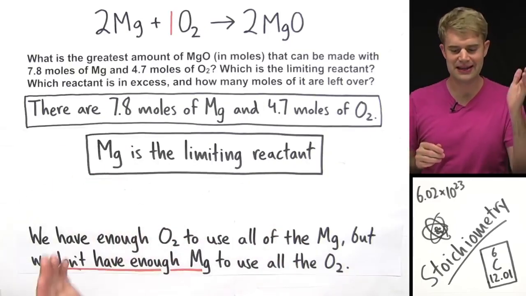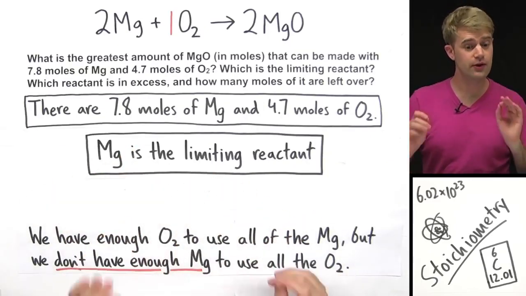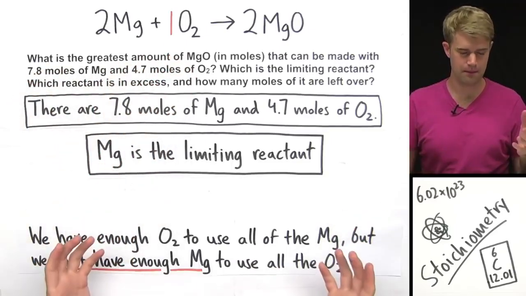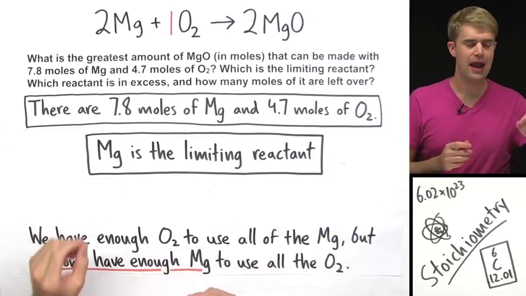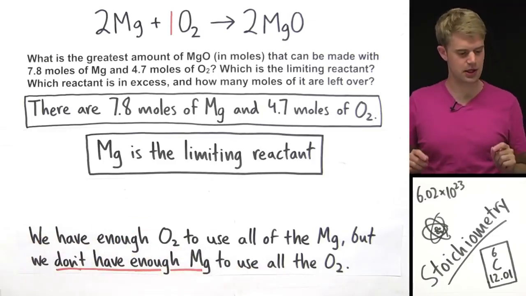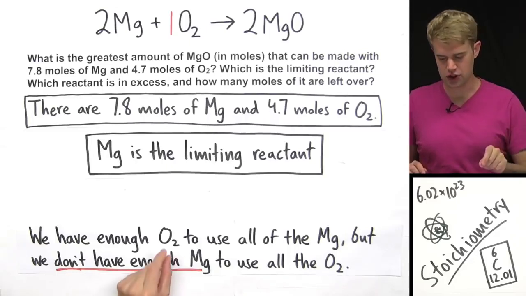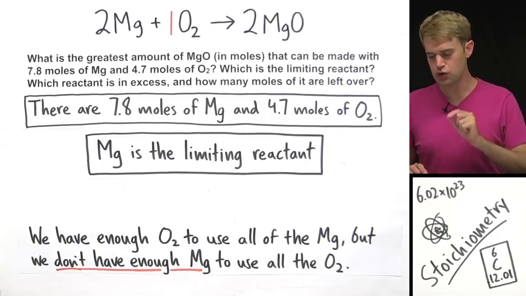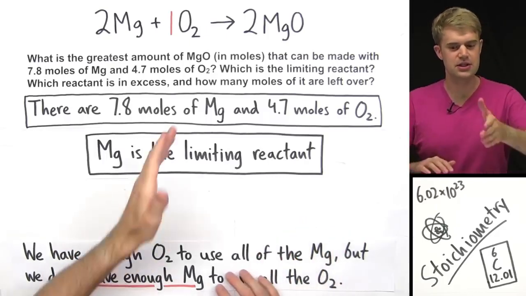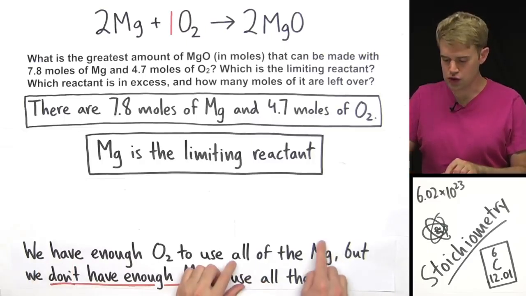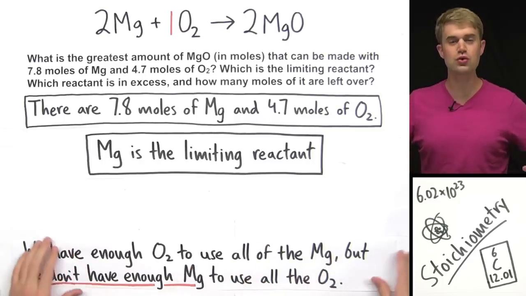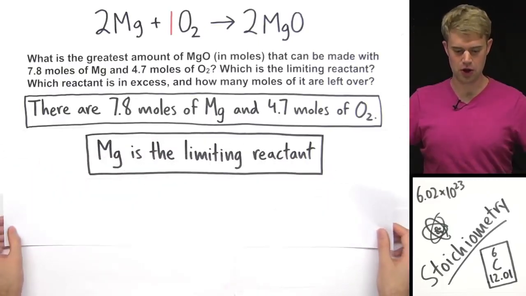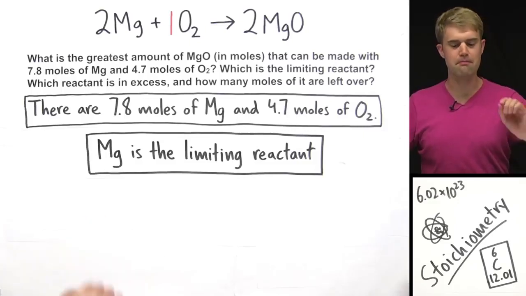So now that we know that magnesium is the limiting reactant, we can figure out the greatest amount of magnesium oxide that we can make. Okay? What are we going to start with and how much of it? Okay, let's go back to this statement. We have enough oxygen to use all the magnesium, but we don't have enough magnesium to use all the oxygen. So that means that to make magnesium oxide, we're going to use all of the magnesium. We can't use all of the oxygen, okay? As you can see here, magnesium is the limiting reactant, so you're always going to start with a maximum amount